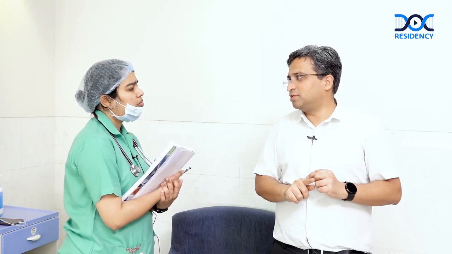So what is the definition? When do you call it recurrent in this child? More than 2 in a 1 year period, but that is a very old definition. Any child, even with one episode which requires hospital admission, either oxygen or IV antibiotic or ventilation, in the presence of heart disease, is an indicator for recurrent RTI. So this child fits, because there are 2 episodes of RTI requiring IV antibiotics